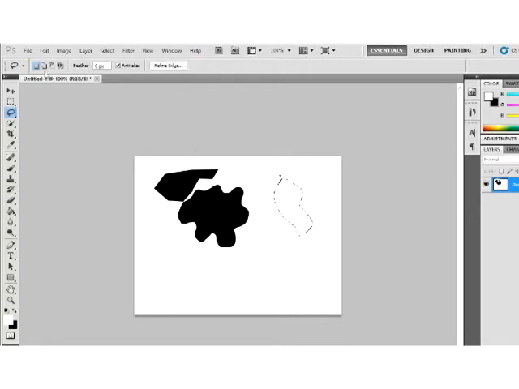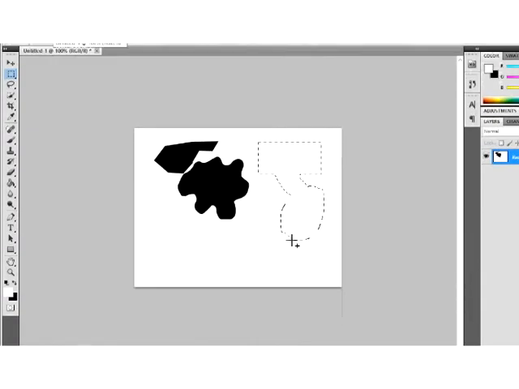Then you take a bigger shape and a square, and you cut them off, add them, and cut them off one time. Let's undo some. Take a rectangle and add a second one. You do that, and you have a sort of shape.